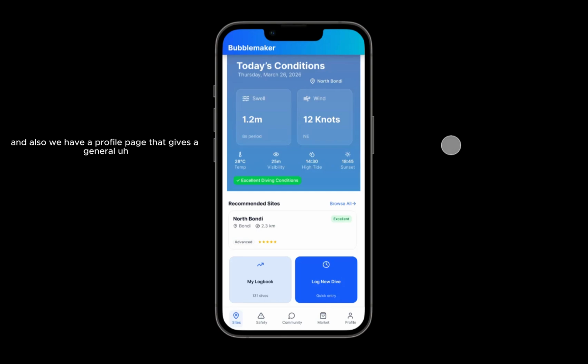And also we have a profile page that gives a general dive log and the diver's saved dive sites. Okay, so first you open up the Bubblemaker front page. It will show up this page as the site page. We have my logbook, log a new dive, recommended dive sites, and the most important feature is the today's